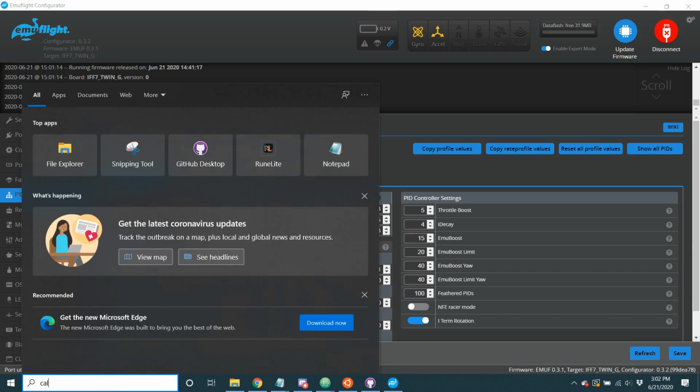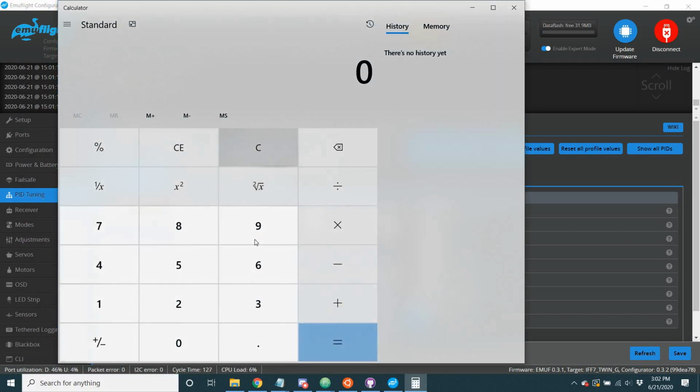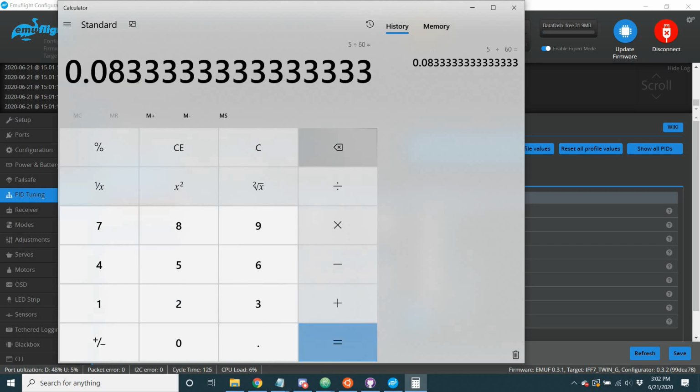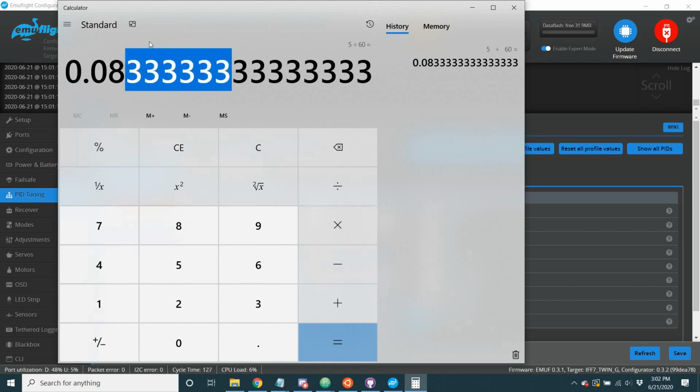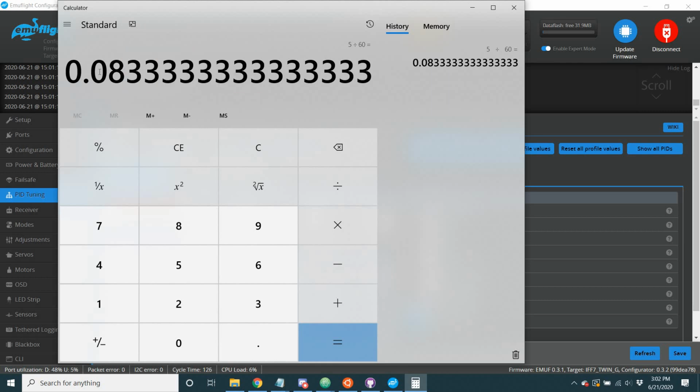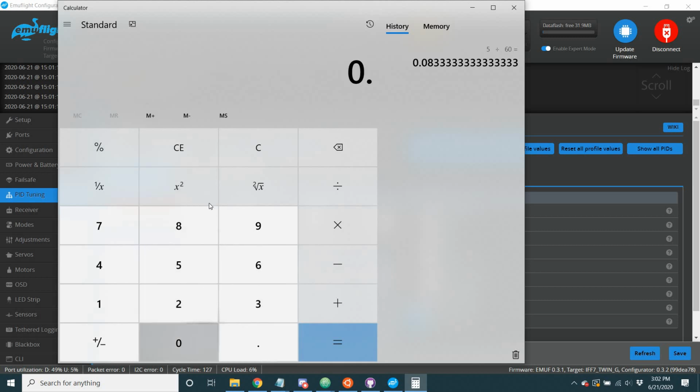Let me just pull up a calculator and show you what's going on. Defaults are 60, so 5 divided by 60 gives you 8.33333. Now, we can't display these decimals here, so when you're looking at your slider value, it's just 8. That's what the yaw D is, it's just 8. So then when you save your sliders, it converts that 8 back over, and when you do 0.08 times 60,